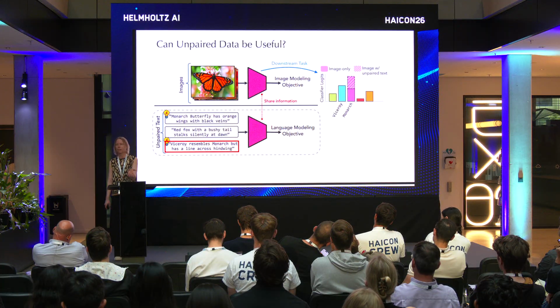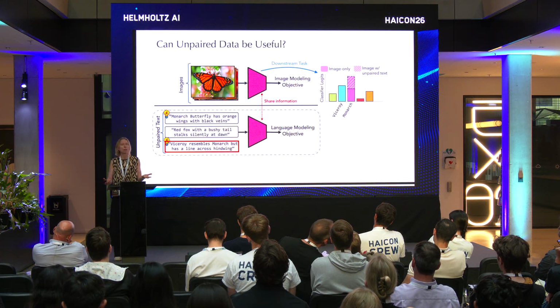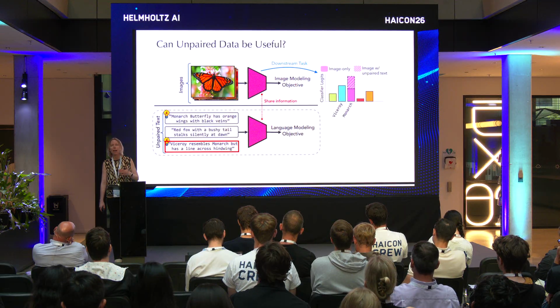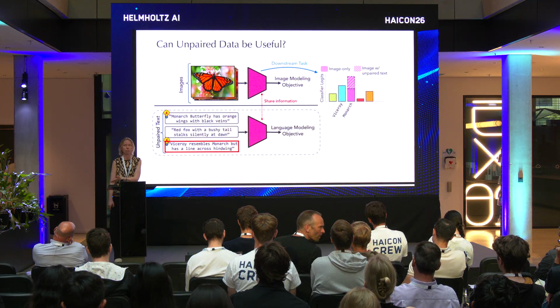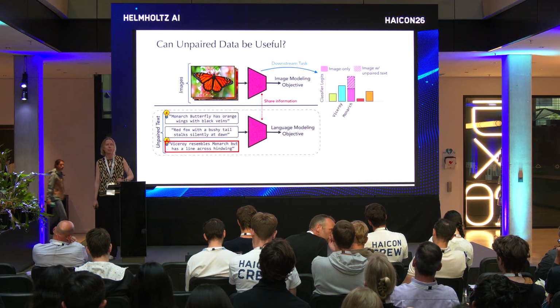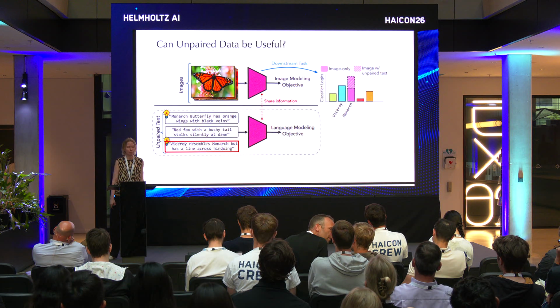And now you could train, of course, a model doing some encoding of that text. But is that useful at all for your downstream task about image classification? So for the moment, you don't care about the text. You want to do as well as possible on the images. Can this text help you at all?